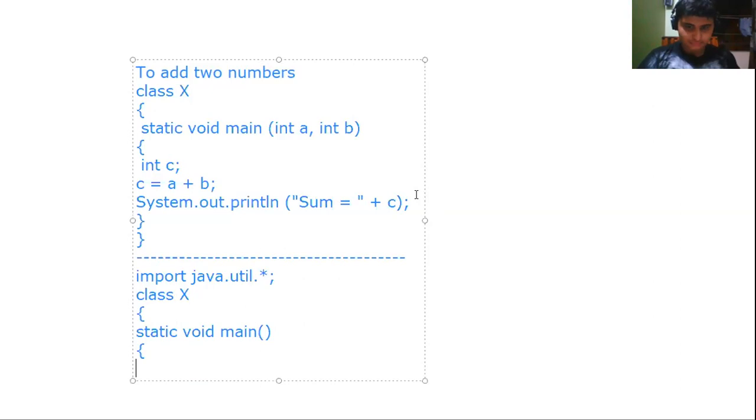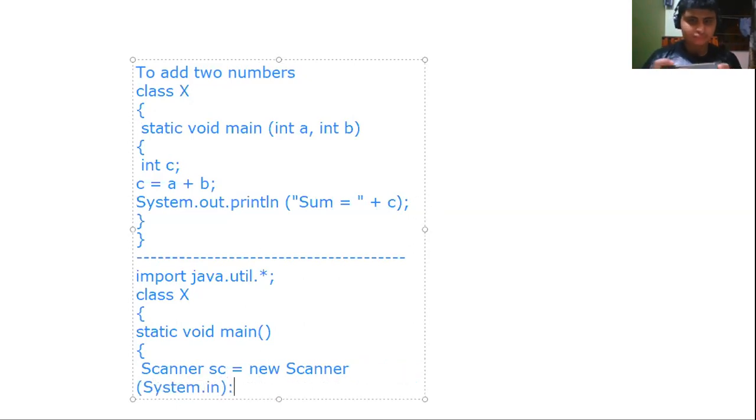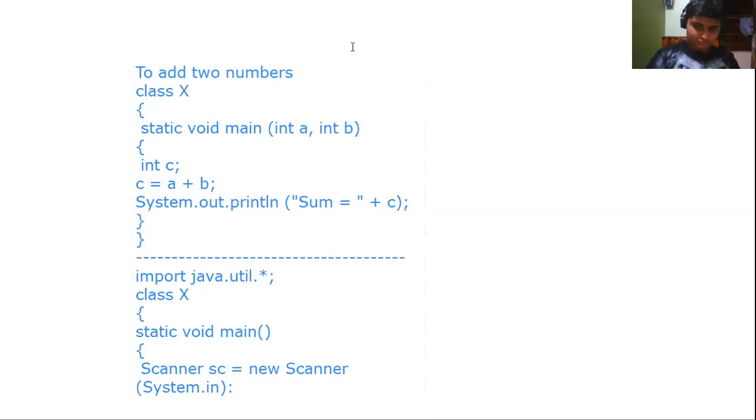Then you'll be defining the scanner. There is no space here. After that, you'll be using the scanner you have defined, scanner is equal to new scanner.